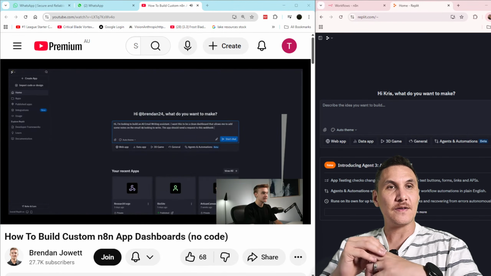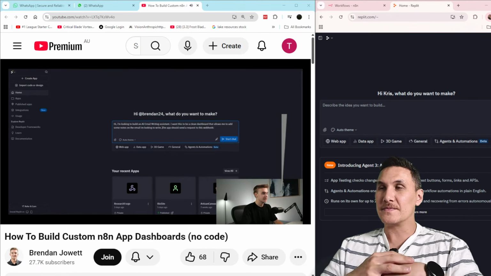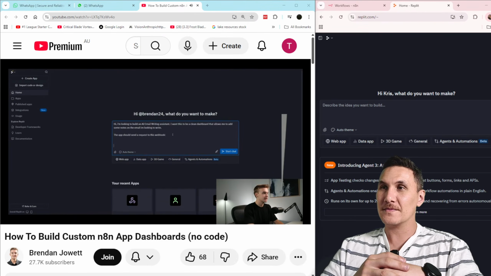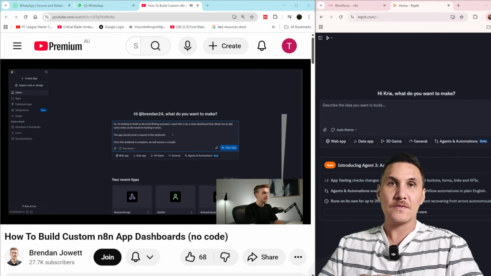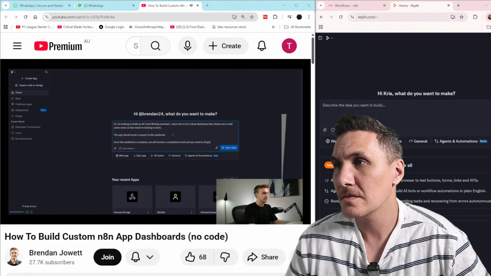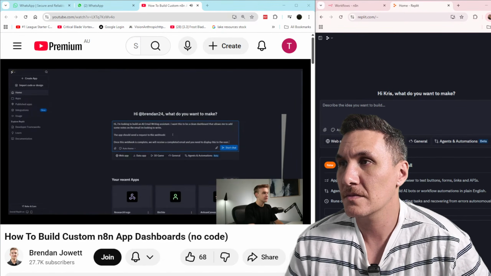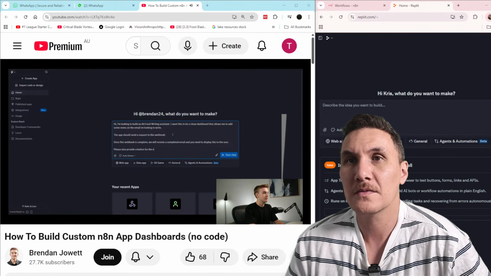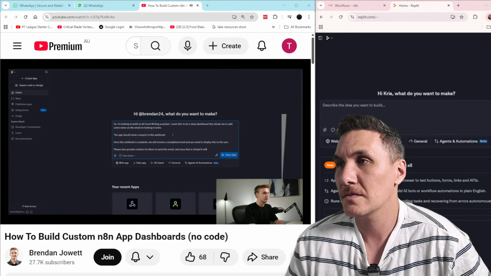I should send a request to this webhook, and I am obviously going to get that webhook in just a second from n8n, so we can actually reference that. Once this webhook is complete, we will receive a completed email, and you need to display this to the user. Please also provide a button for them to send this email, and once that is clicked, it will get sent